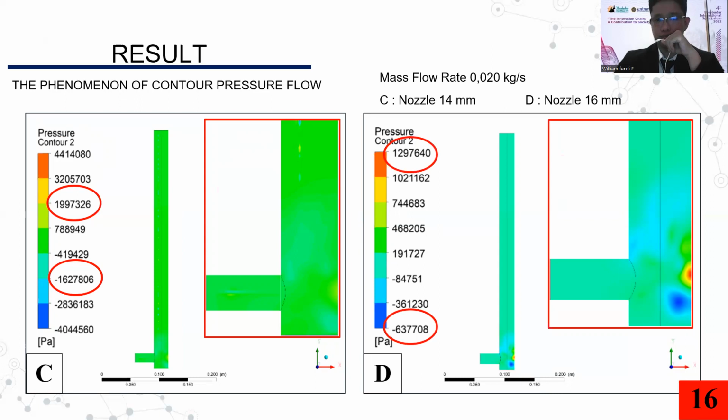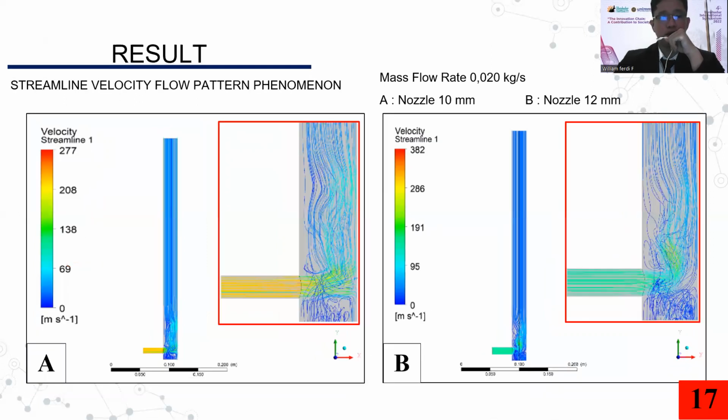1297 kilopascal. And for the streamline velocity flow pattern phenomenon, what is a streamline velocity? What is it for? So streamline velocity is used to show the shapes of the flow pattern created by the velocity of the fluid flowing. And the more random the shape of the streamline velocity flow pattern, the faster the velocity of the fluid flowing. And here with the mass flow rate 0.020 kg per second at the 10 millimeter nozzle, we got